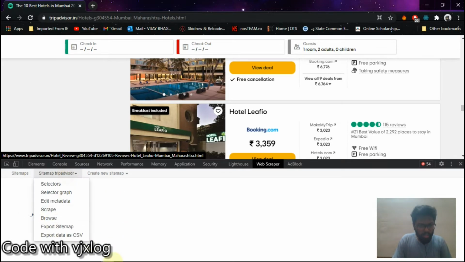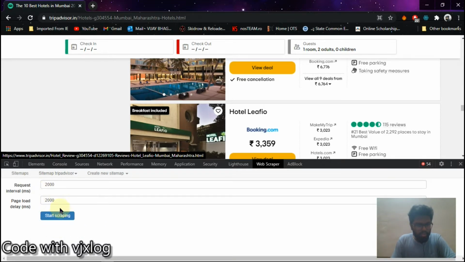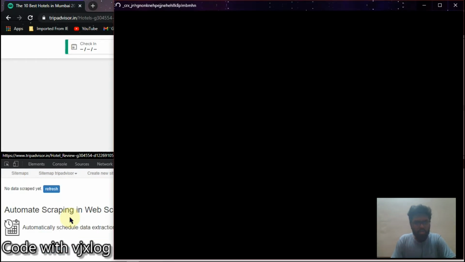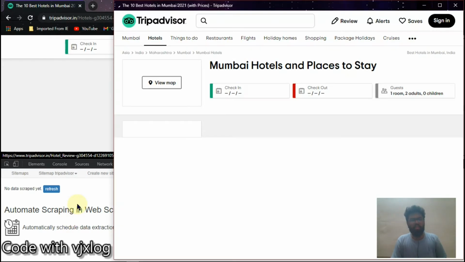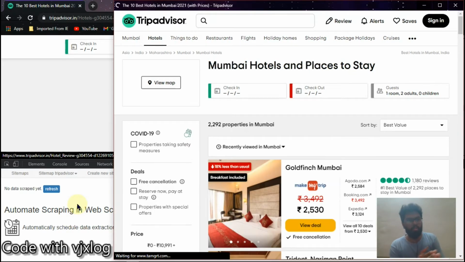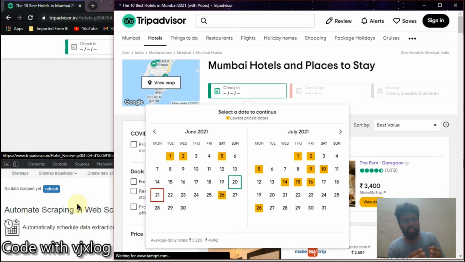Now simply what I'll do, I'll start scraping, that is by going in sitemap TripAdvisor, I'll select scrape and request interval 2000. We have to keep it 2000 only, it is fine. Now the scraping began. So now what my tool is doing, it is using my web browser to scrape the data automatically.